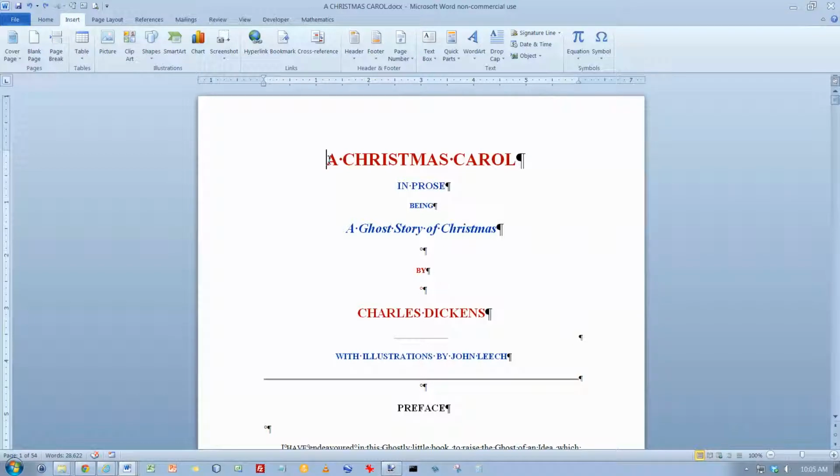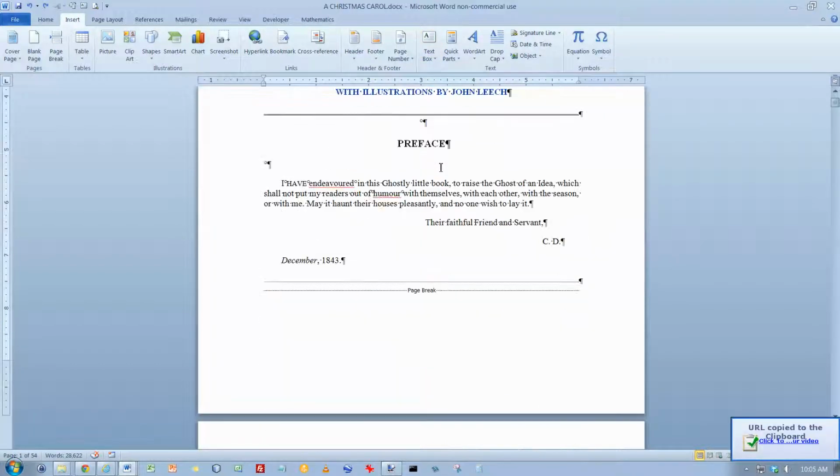In this video we're going to take a look at text boxes in Word. Text boxes are found on the Insert tab over here in the text group, and they're called text boxes, but you can pretty much put anything in them. If you want to do a text box,